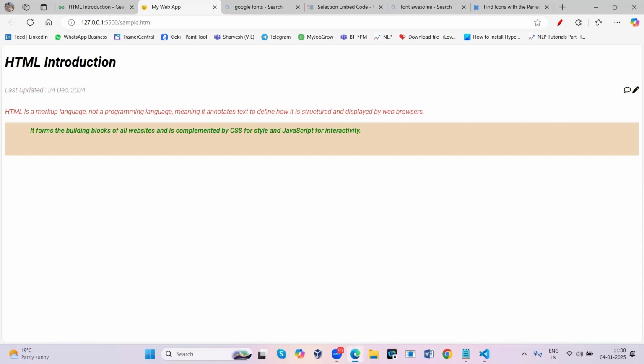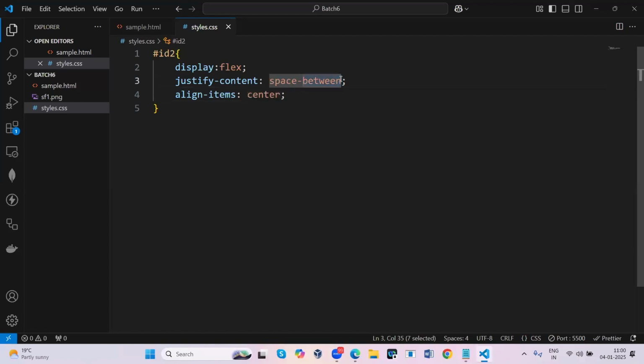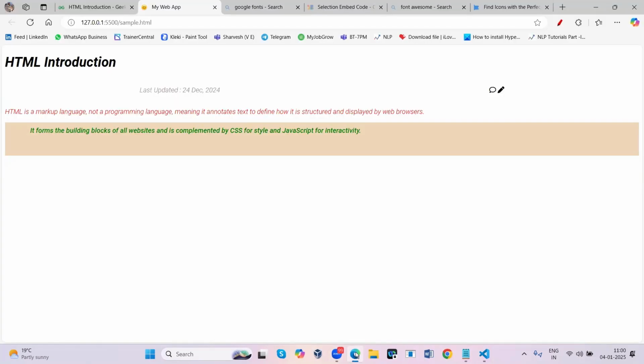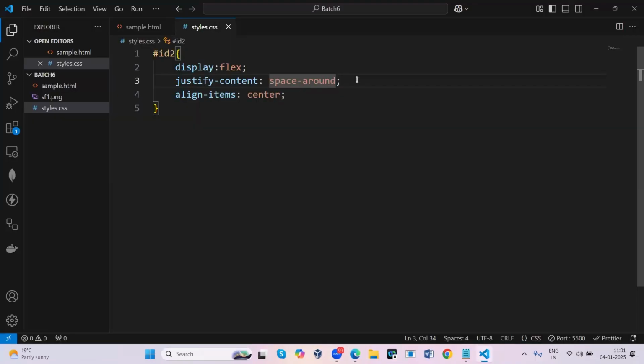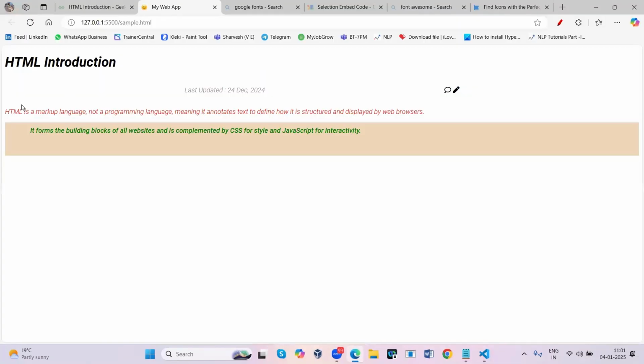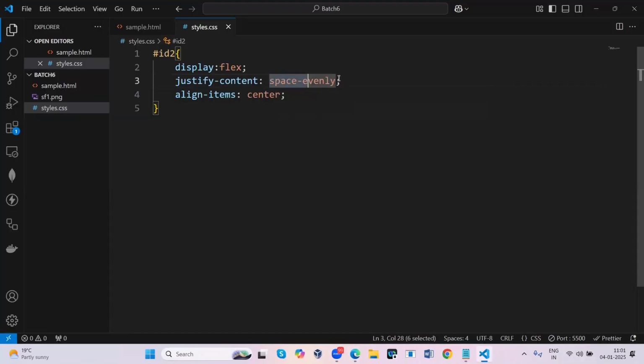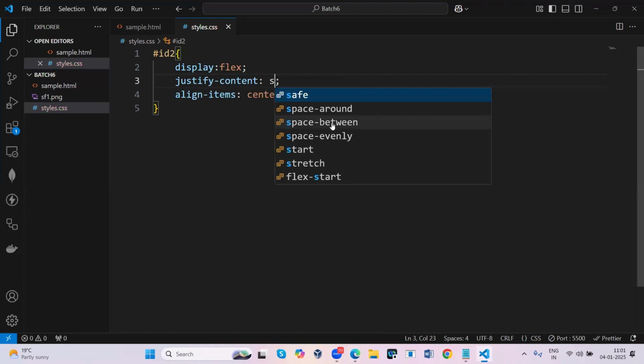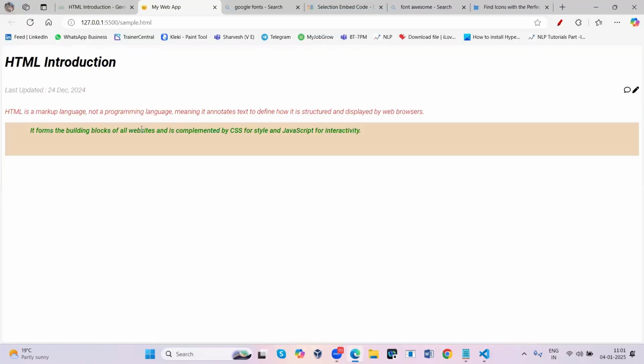Okay. So at that time, what I can do here is, otherwise just use space around, and we'll see what it will do. Space around. You can check it. Now there are spaces around it, and it is becoming centered. So whatever you like, you can make it. If you use space evenly, you can see all the three sides give equal spaces. Okay. Now I don't want this one. So I just give justify content, space between. I have given the space between.